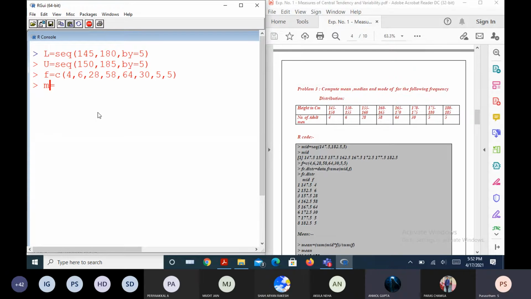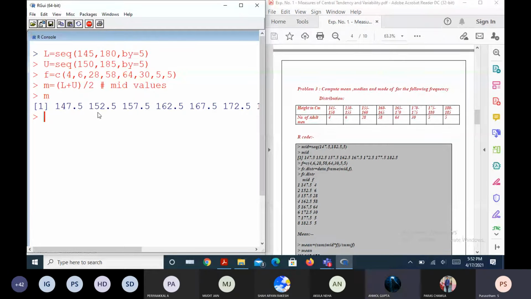So U minus L by 2? U minus L or L plus U by 2? So L plus U divided by 2. Right? So this is for mid values. Let us look at the values 147.5 and so on.